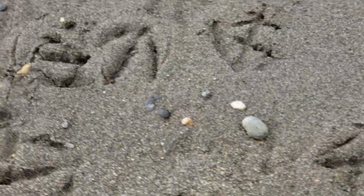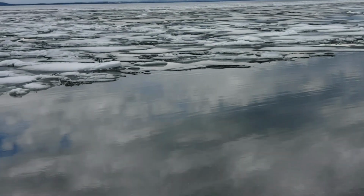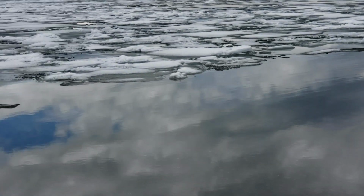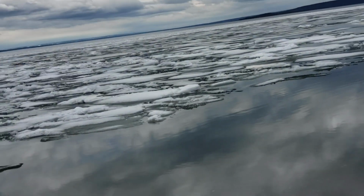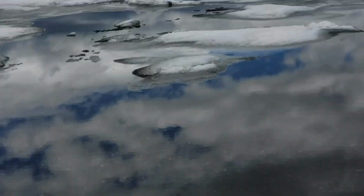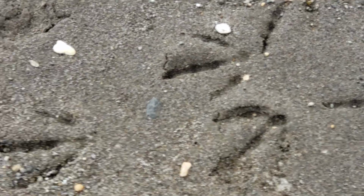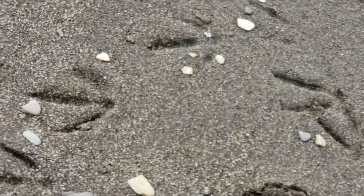Ooh, what is this? What type of footprint is this one? This is pretty big. Is it a bear? Not sure. Could be. Don't know. Usually those animals like to come out early in the morning or at sunset. In the middle of the day, you usually don't see them. So if you want to see a whole bunch of animals, go around dawn and then sunset. Like, look at this one. I don't know what kind of footprint this is. What do you think? Ducks? Maybe ducks, right? Do they have ducks such a big one? Maybe ducks. Anyway,